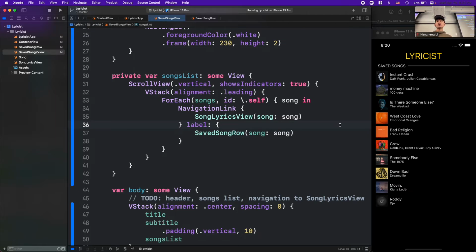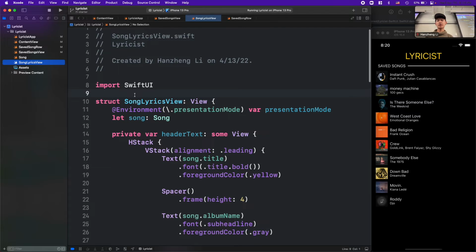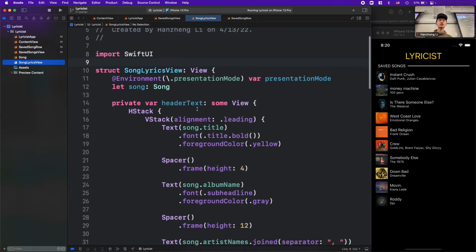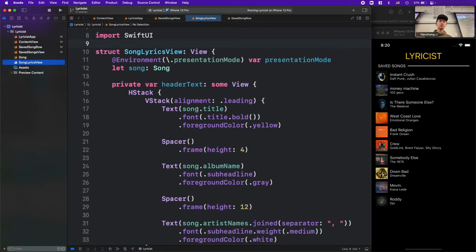And then the last thing I'm going to talk about before we end the lecture, besides, I guess, any announcements that Noah and Justin have, is explaining song lyrics view. Okay, so this is kind of peak SwiftUI usage. So the first thing is